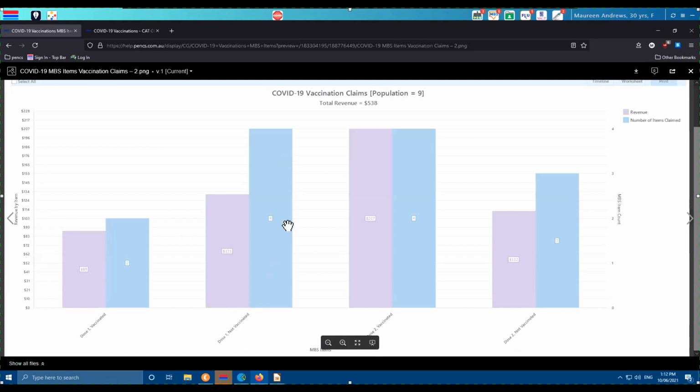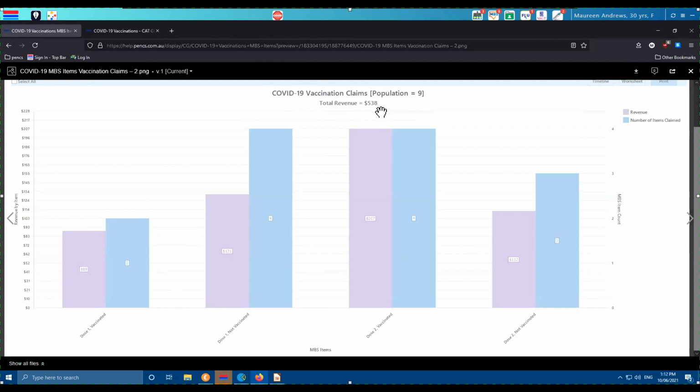vaccine. And we can see this is made up data, this is not real, but there were 4 items claimed, the number of items, not number of patients. The total population is only 9. And if you add these up, it's more than 9, of course, because people can be in multiple of these charts. So what it purely is about, the main figure is up here. The total revenue is the part of interest